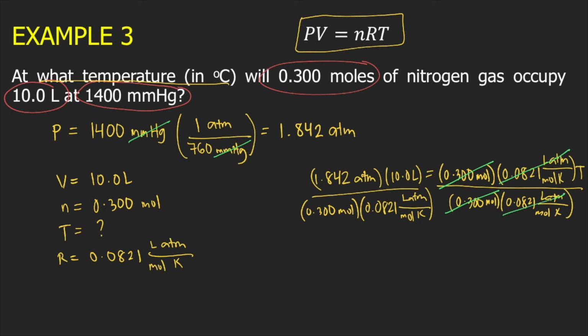So what remains on the right side is temperature. And on the left side, as you can see, ATM will cancel, liters will cancel, and then moles will cancel. So the unit left on the left side is Kelvin, which is the unit for temperature. And if you solve this in your calculator, 1.842 times 10 divided by 0.3 times 0.0821, this is equal to